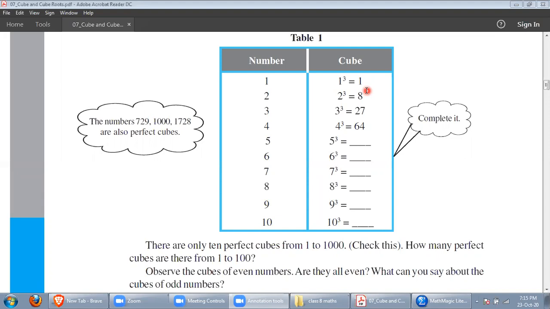But you cannot say that the square root of minus 4 is minus 2 or plus 2, because the number should be the same. If it is minus, it should be minus. If it is plus, it should be plus. And the same number. Now, when we talk about minus 4, there is no natural number whose square is minus 4. 2 into minus 2 is minus 4, but they are different numbers. 2 and minus 2 are not the same number. So there is no natural number whose square is minus 4.